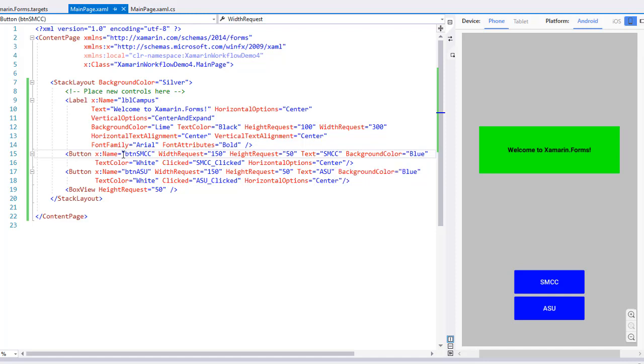I basically just duplicated that button and created a second button underneath of it. So this again is in the stack. So it's placed right under it, and gave it a name of BTN ASU. And I changed the text to ASU and the clicked event to ASU underscore clicked. And then to bring those up a little bit, I added a box view of 50 units that simply raised those buttons up a little bit from the bottom. The box view is really invisible since I didn't change the colors, using whatever the color is of the stack layout. So that's our XAML code to get this new layout,